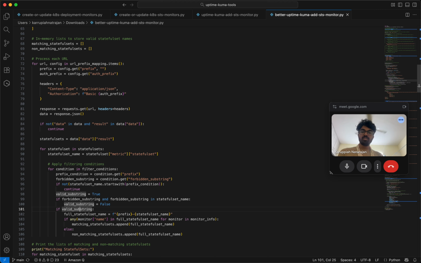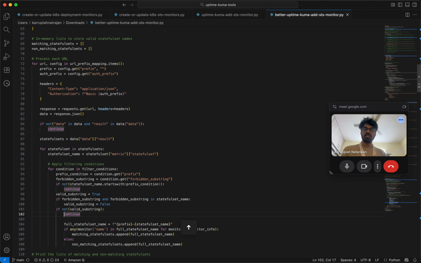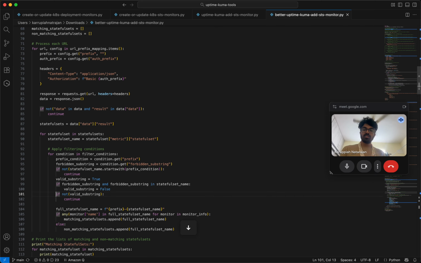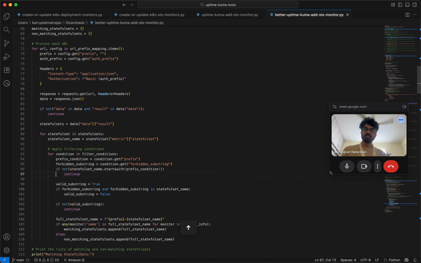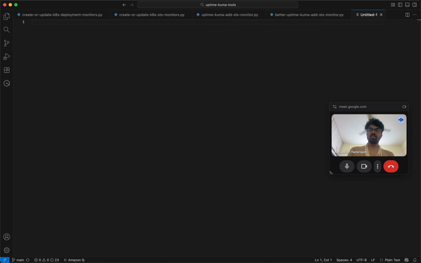So same thing over here. If it's a valid substring, you do all this. If it's not, then you just continue, I would say. So you can actually inverse your if statements so that they're actually not very big, right? So this is a better way to go about it, because if you don't invert your if statements, they'll just be